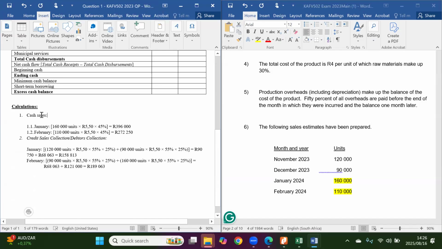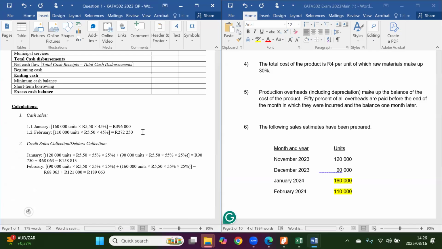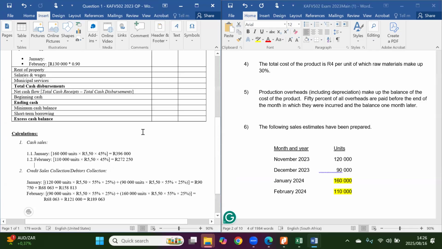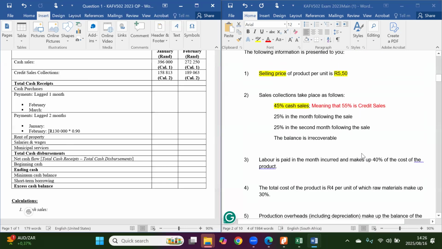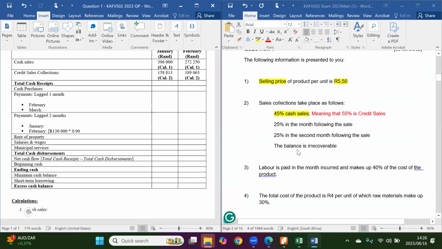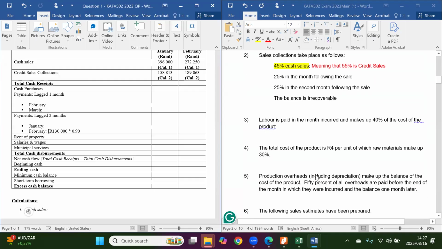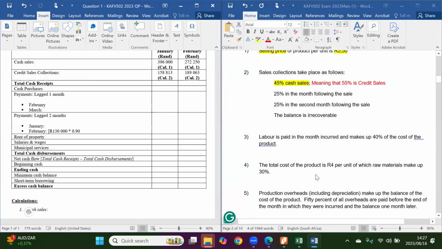Are we together? Okay. Yes, and you get marks for those calculations as well. So that's it about the first month. Now I want to go back to our question. Is there any other receipts, cash receipts, which this company received as far as the information we were given is concerned? I don't think so, because